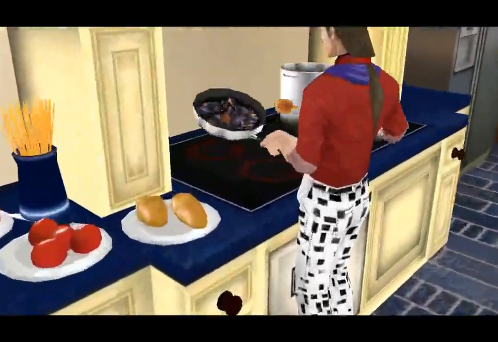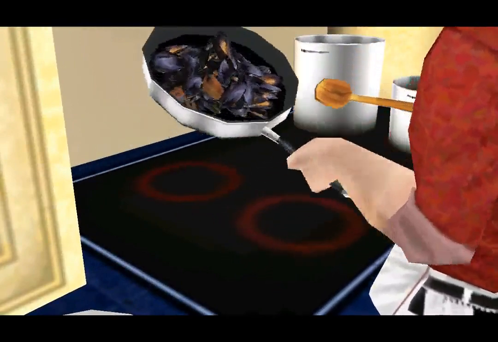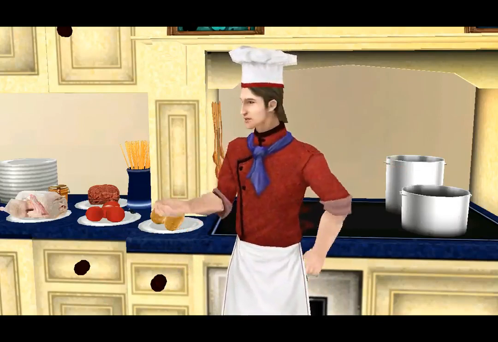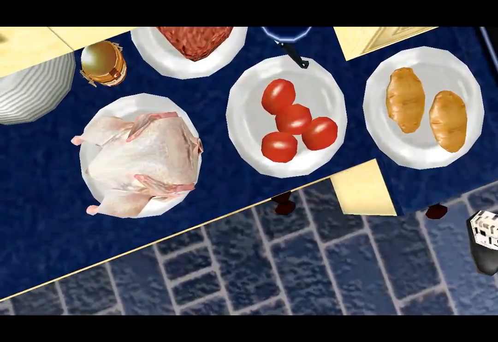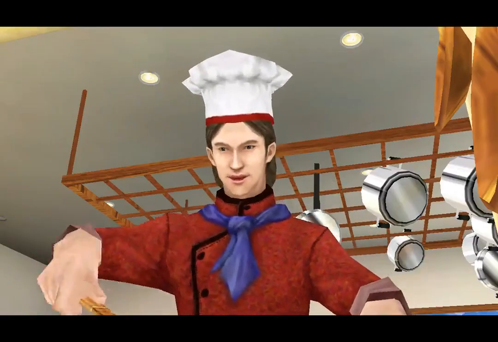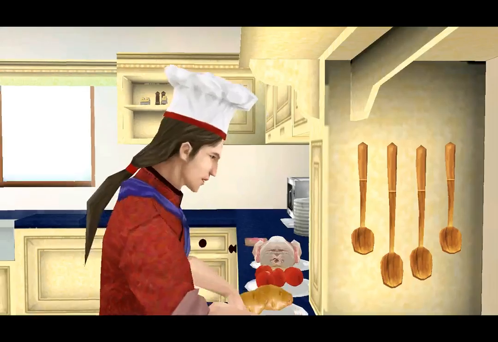Just a few more flips of the pan, and these mussels will turn out superb. Hey, how's it going? Hang on a sec while I finish readying my great banquet. But please join me in my preparation. Mussels go great with just a bit of butter and a zest of lemon. You know,